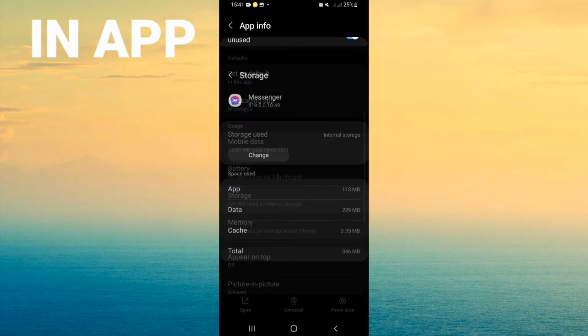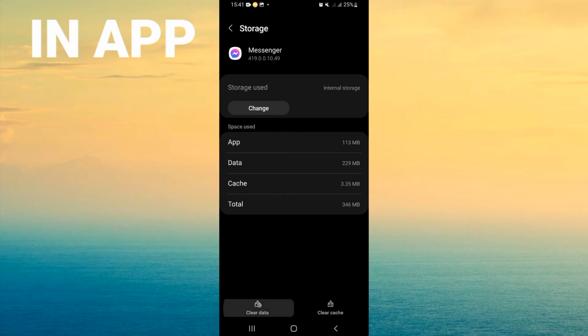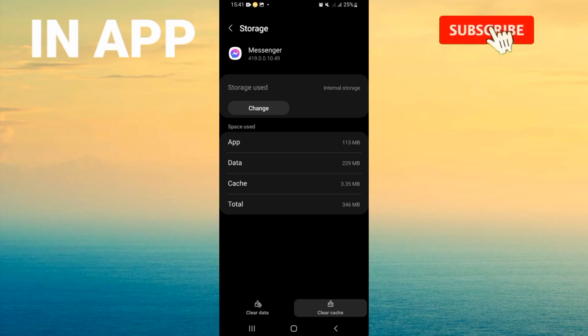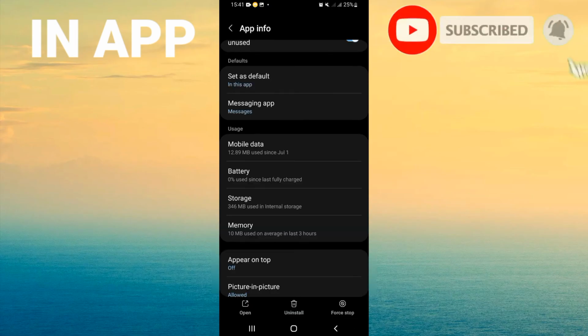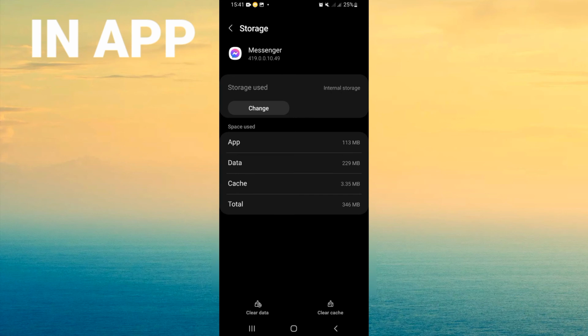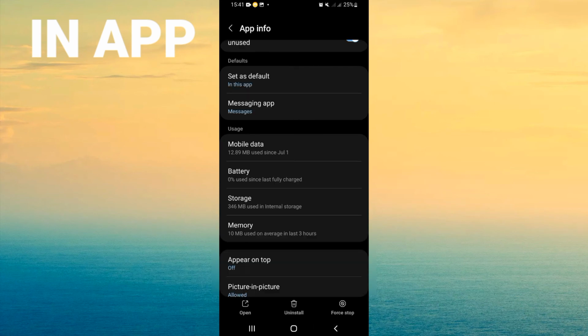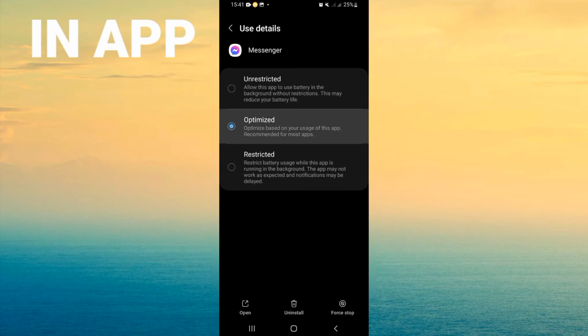Scroll until you find storage, but here guys, be careful, don't click on clear data, click just on clear cache. Then you have to go back and click on force stop and click OK. Now go to battery, make sure that your Messenger is